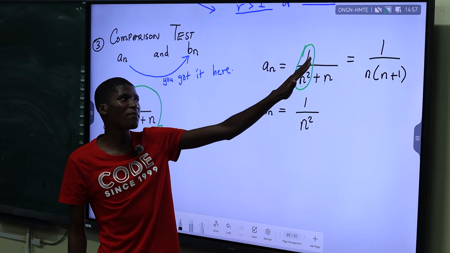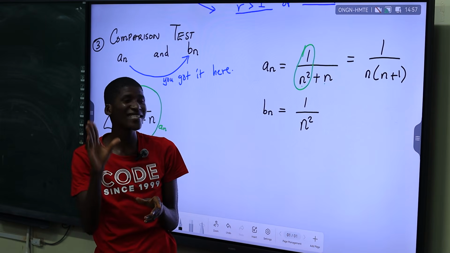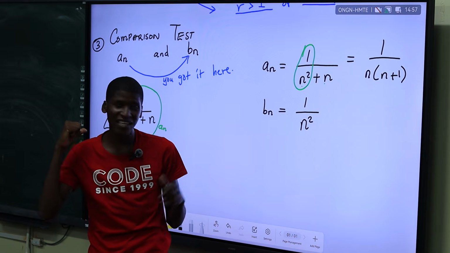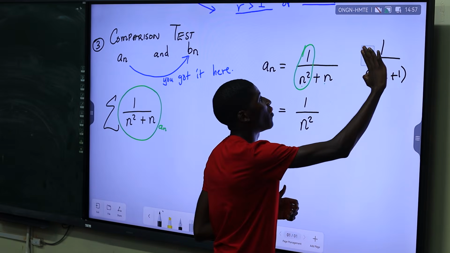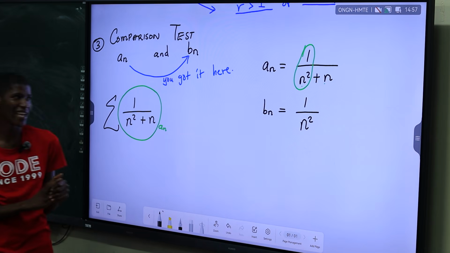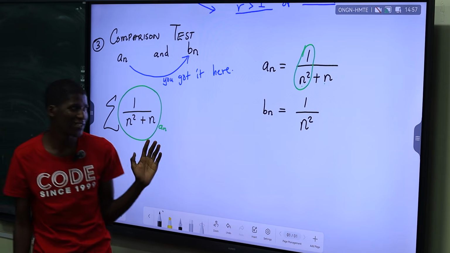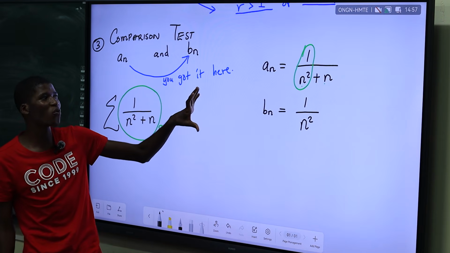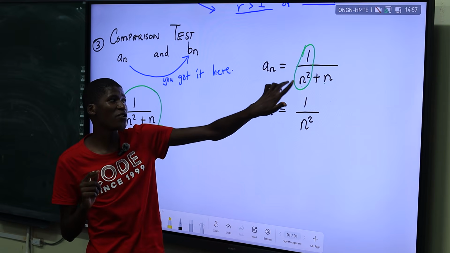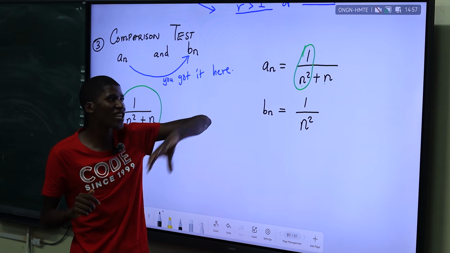So try your best to look for all the simplest methods that you have done so far. Partial fractions were simpler than what we are doing now. So you can also use partial fractions for this particular problem. But because I want to introduce the comparison test, I want us to know that if you have one numerator and two denominators, both in n, then you can try something.